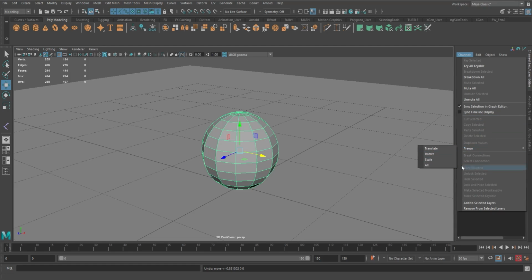You can also freeze your different translate, rotate, scale, or all. You can also break connections. If you have any animation keys or any connection, you can basically break that connection with this. You can also select your connection. You can lock